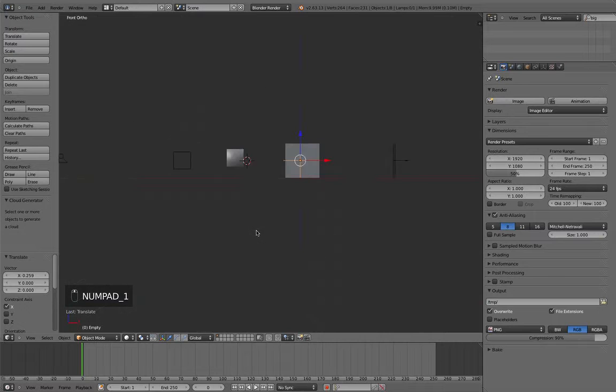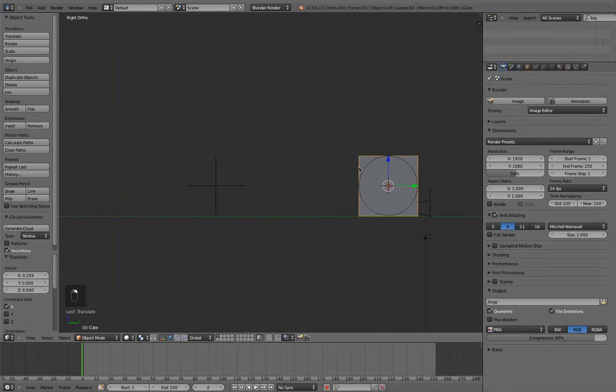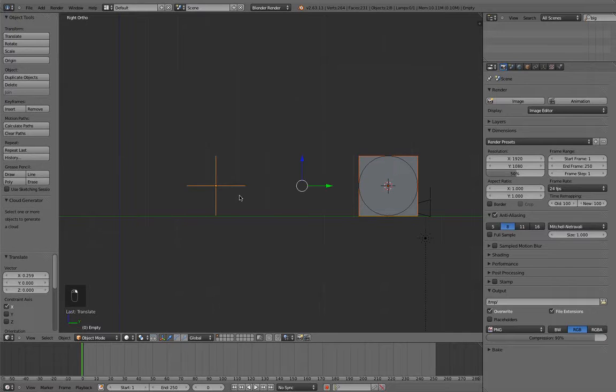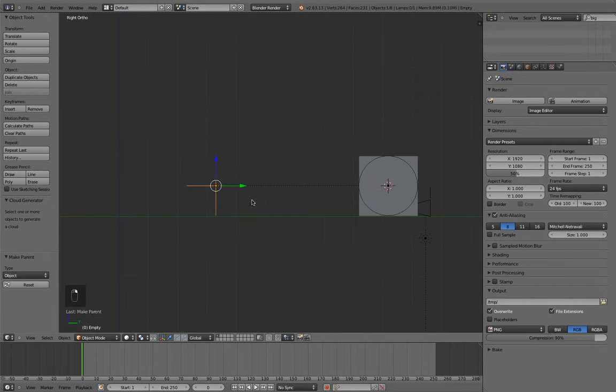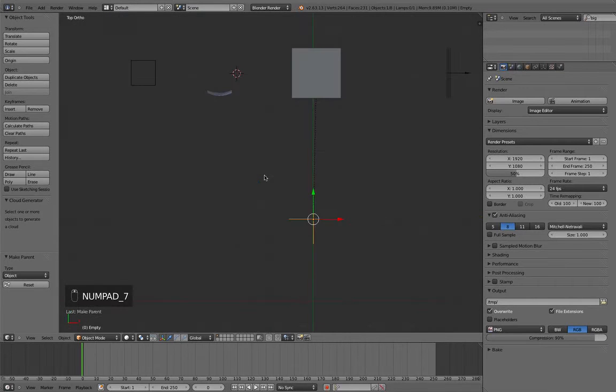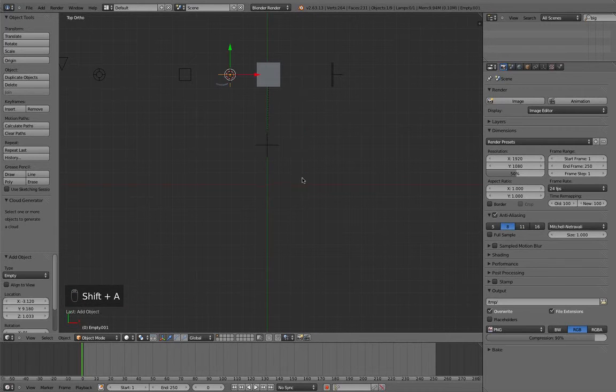So we want to put this cube in kind of an arc. So we're gonna select it, then select the empty, and then go Control P again to parent it. Now if we rotate the empty, we can see when we rotate the empty, the cube also rotates around it. Now this is really, really useful, because if we added another empty,